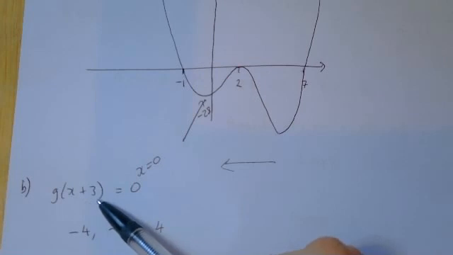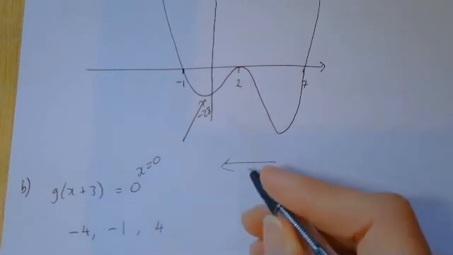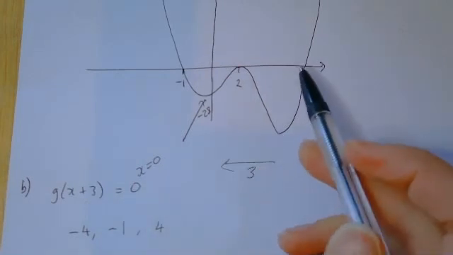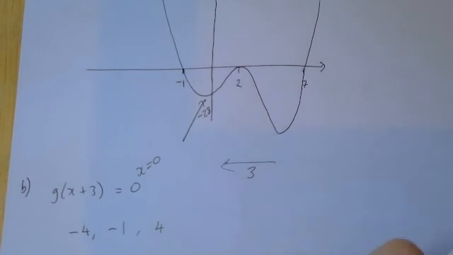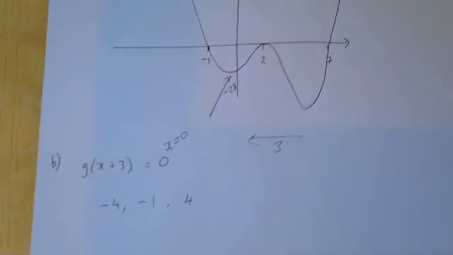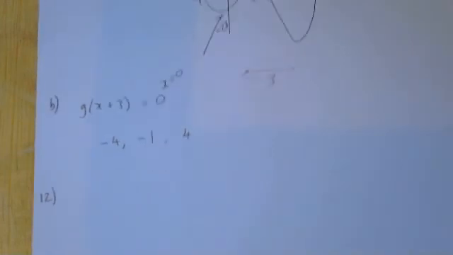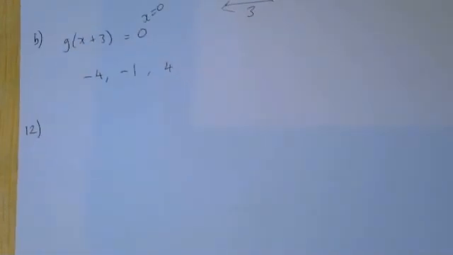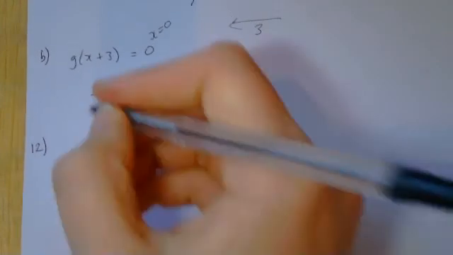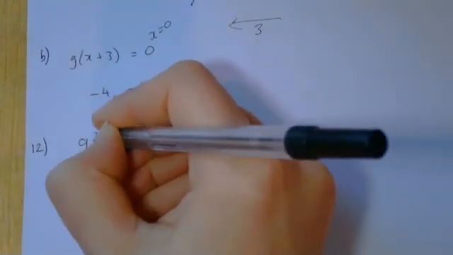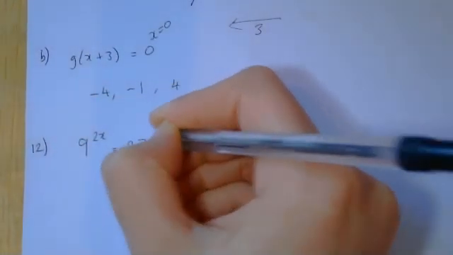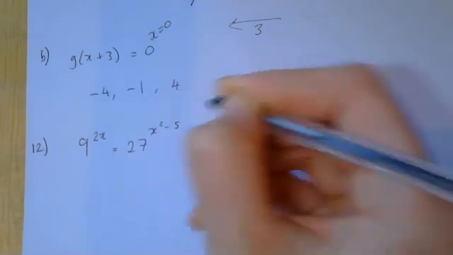So they're going to be the 3 roots of that new equation, simply because this means pick up the graph and move it 3 to the left. Okay, this is a translation question, so I'm moving the whole graph 3 that way. That's all you needed to do for that. Don't spend very long on a write down question. There'll be a way of doing it, and your time will be better spent on other questions